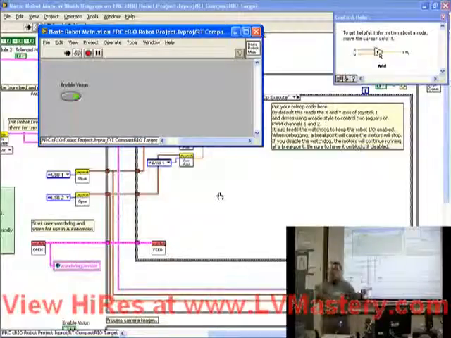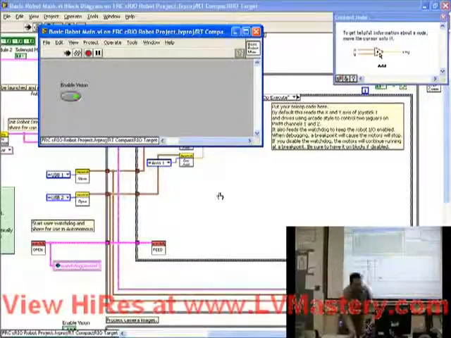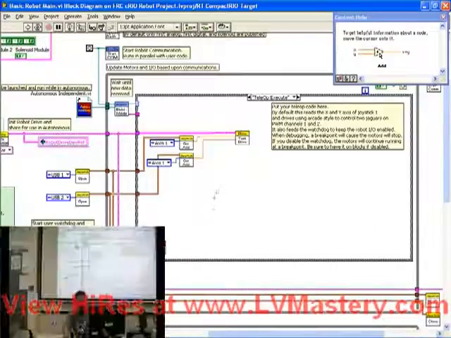But not using one motor signal, using two different motor signals. So instead of using arcade drive or tank drive, right? Instead we used, and let me just stop this to show you. Instead we used,